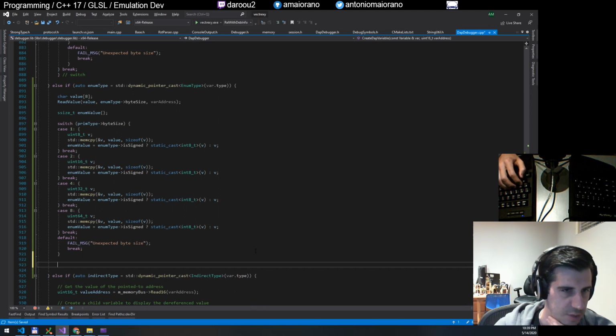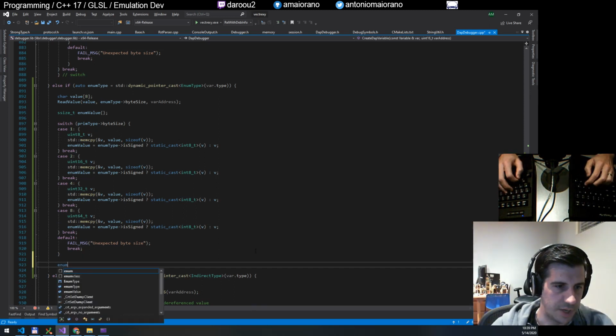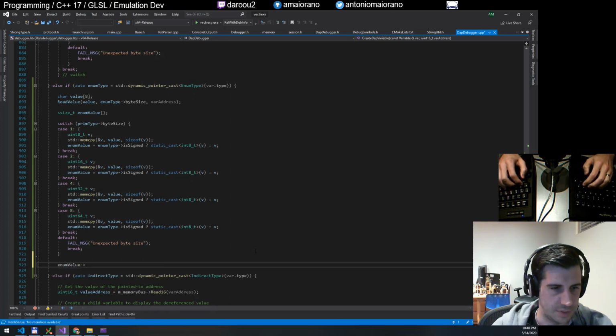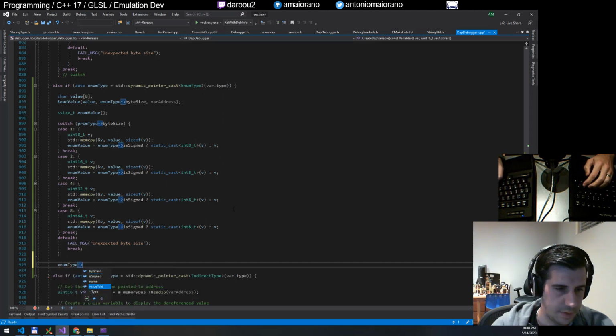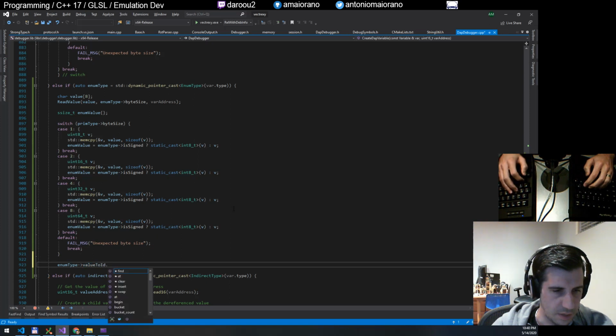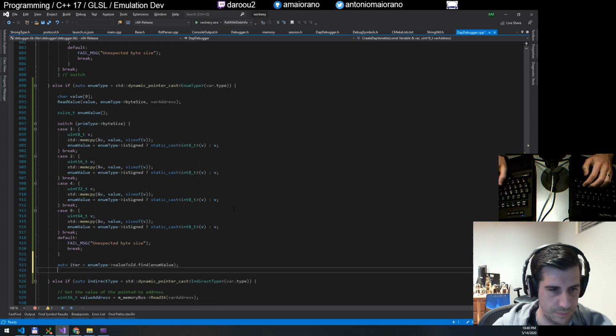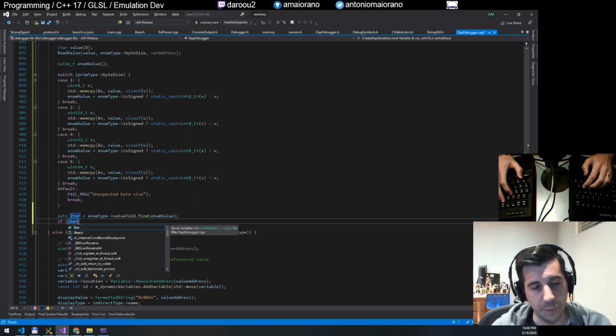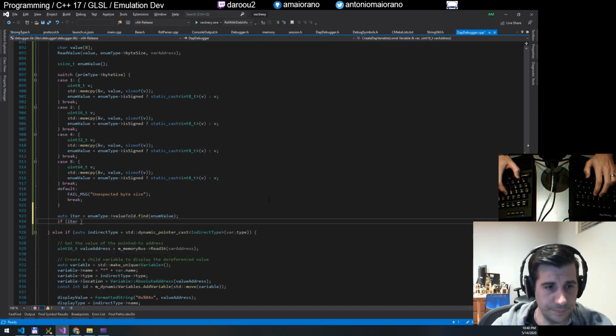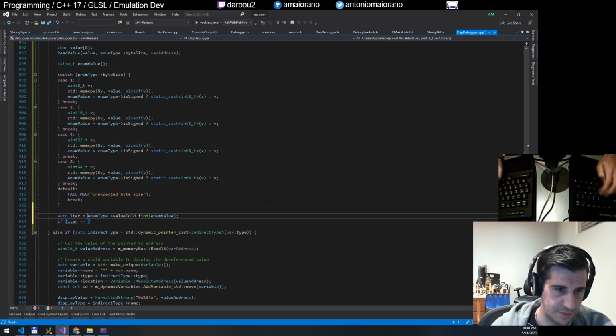So now we've extracted the enum value. Now we can actually look it up in our list of values here. And of course I gave it its enum type value to ID dot find enum value. Now if it's not found, which is possible, I suppose, because we might have some garbage in memory, or the user may have forced it to another value. So let's do it like this. If it is found,